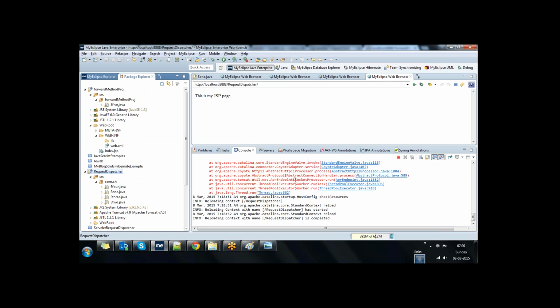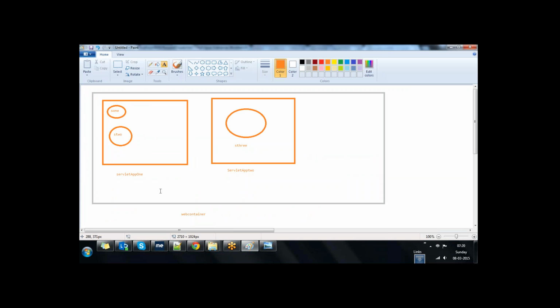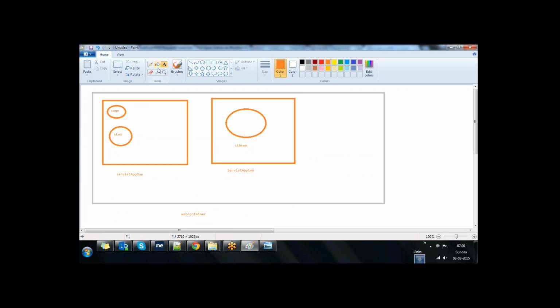This issue I'll fix later. We'll cover a new concept, but take the notes first of all. By using the forward method, I can access within these two applications. I can access from S2 to S3. By using the next point, by using the send redirect method, response dot send redirect method,